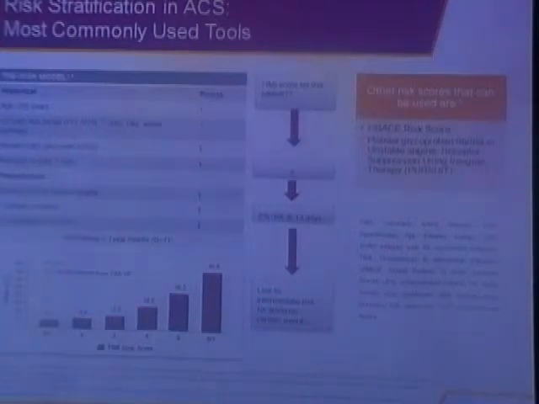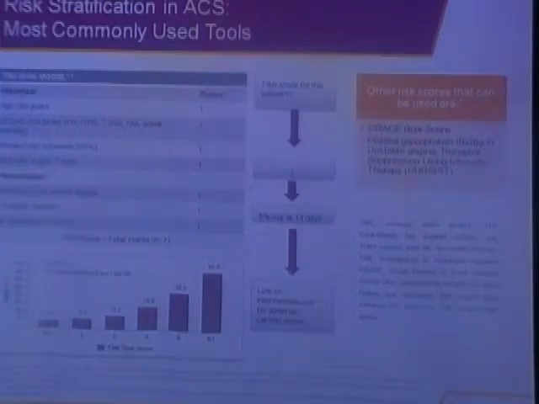There are some scoring systems which we can follow, like the TIMI risk model given here, depending on age, number of risk factors, known coronary artery disease, acute coronary syndrome happening despite aspirin use, and presenting with severe angina, elevated cardiac markers, ST deviation more than 0.05 millivolt. So the risk adds up, and you can see in the graph below that the higher the number of points, the mortality and morbidity goes on increasing.